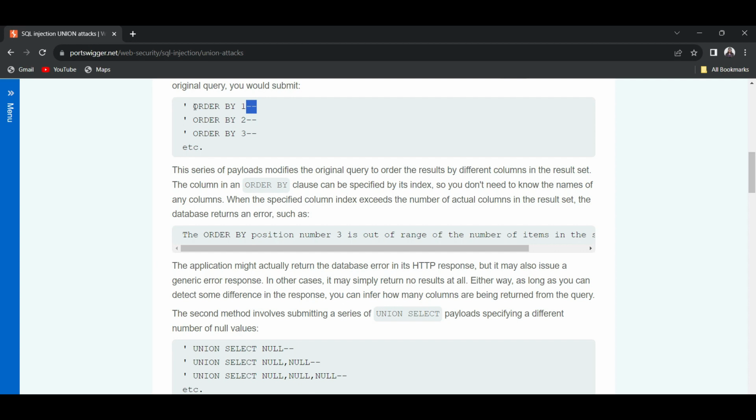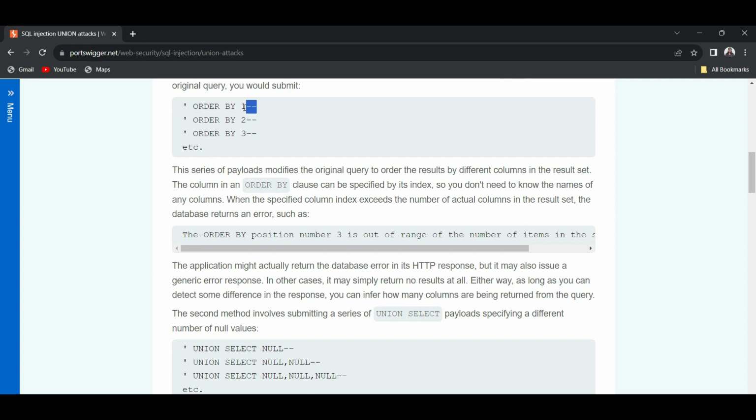Now in this ORDER BY 1, what does the 1 mean? There are further ORDER BY 2, ORDER BY 3. What does 1, 2, 3 mean? After the ORDER BY, it is simply the index number of the column.